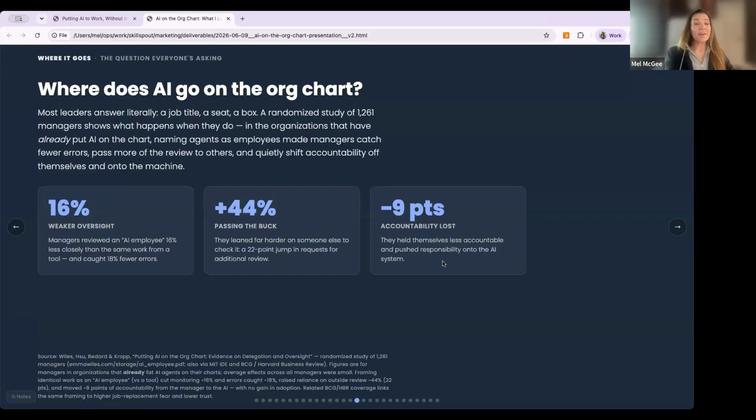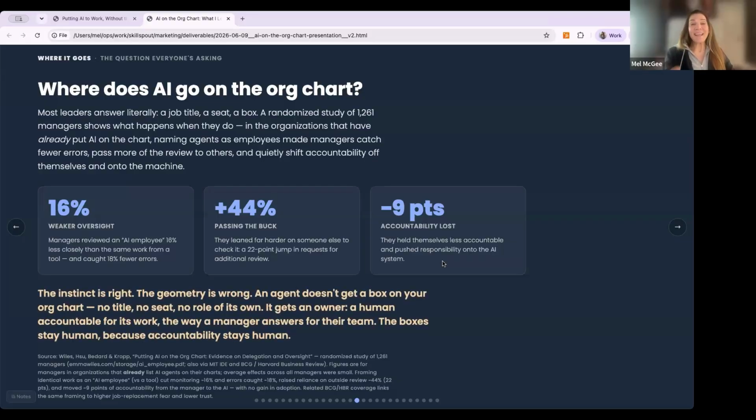When you give AI an actual seat on the org chart, the instinct is right. It's just the geometry that is wrong. An agent shouldn't get a seat, a box on the org chart. It should get an owner. The boxes stay human because accountability stays human.